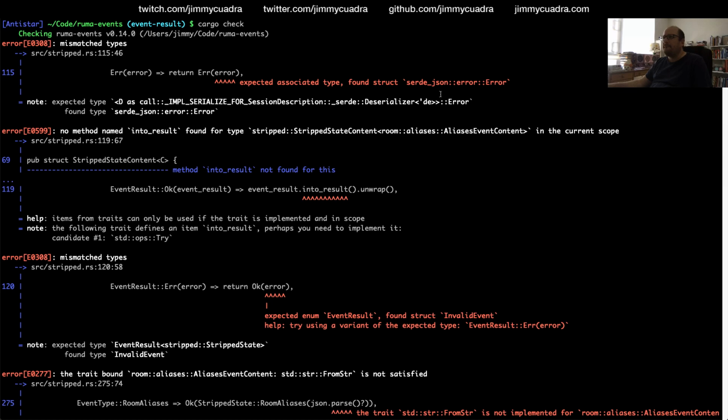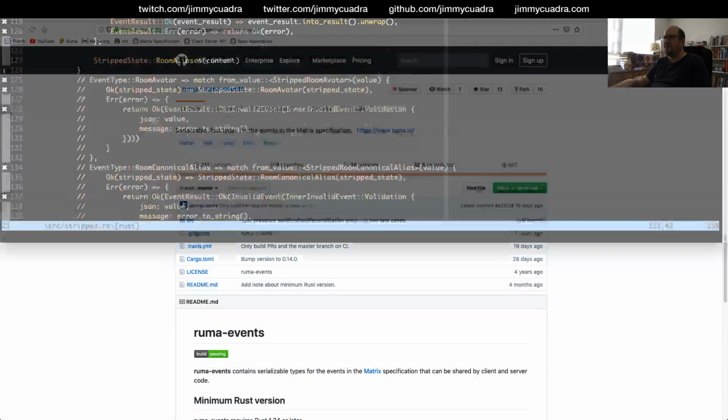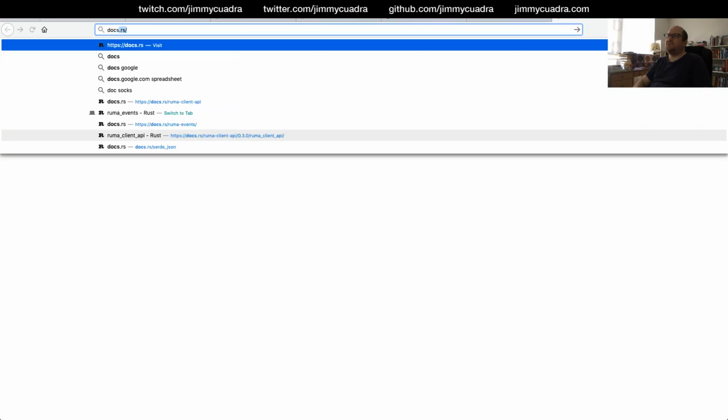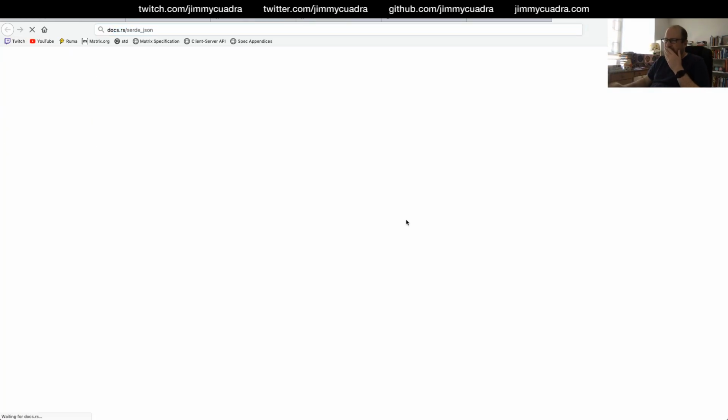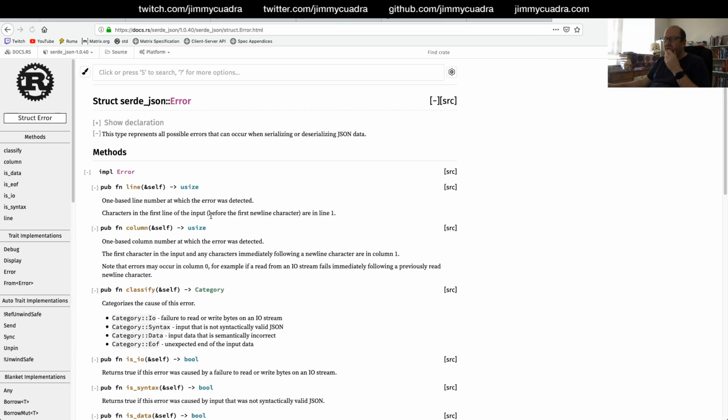Expected associated type, found struct Serialization error. What the hell? So this is another problem with it expecting something generic and getting a specific type. Let me check out docs.rs/Serialization. So how does it work if I want to treat the error as a...